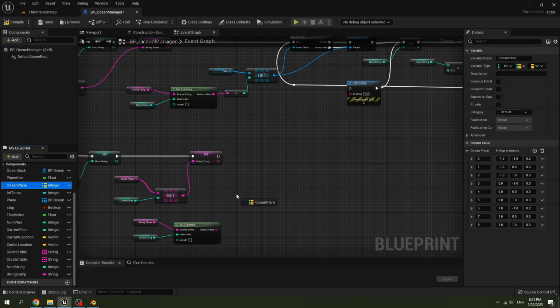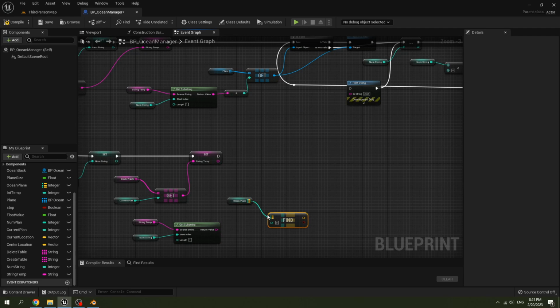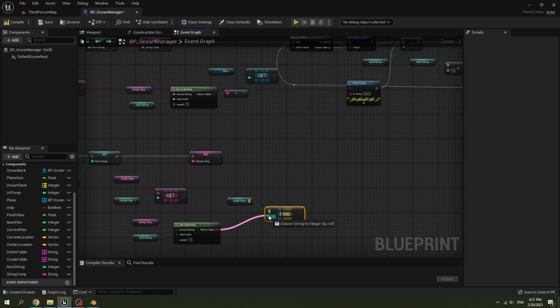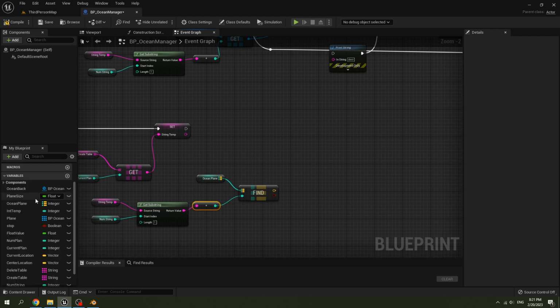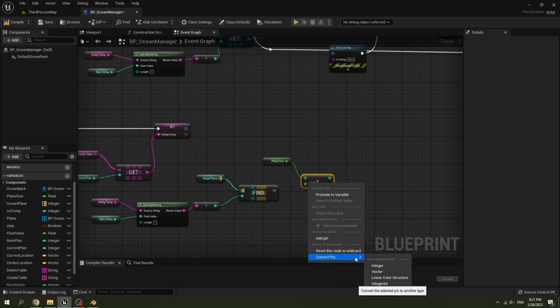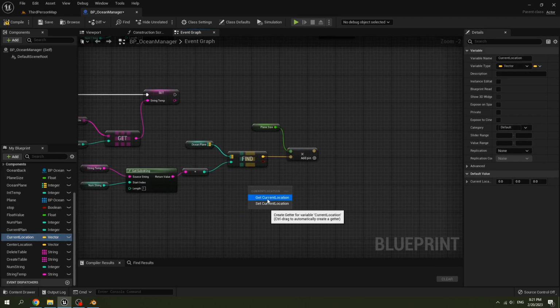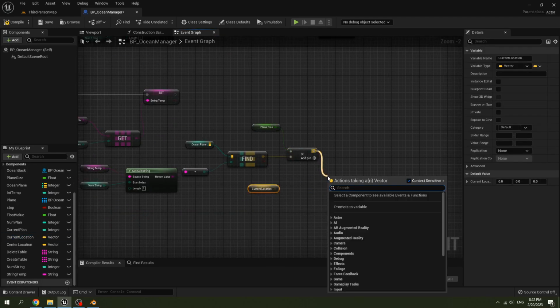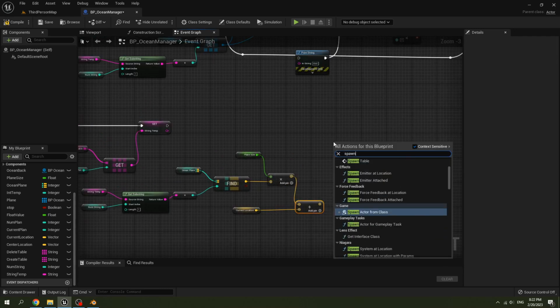Get ocean plan map, call find function, connect the string to integer. For the vector, we get plan size, multiply it, convert pin to vector, connect vector location to multiply the plan size, get current location, add it with the plan location, call spawn actor from class.